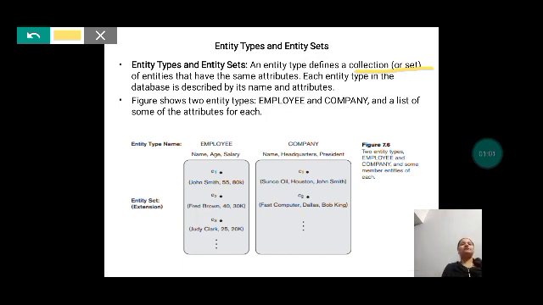Of course, we saw a company database, right? The entity types we have recognized were the employee, the department, and the project. Those are nothing but the entity types.